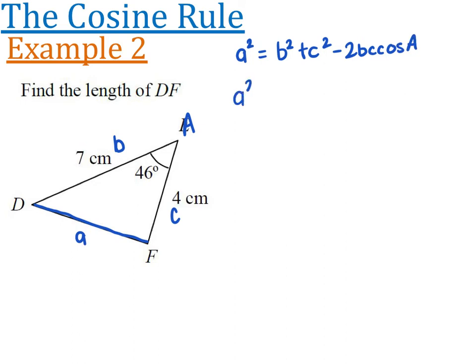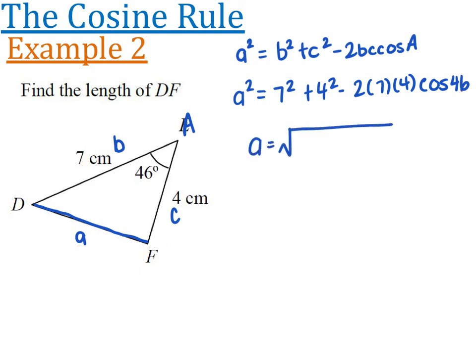So again, I'm looking to find a squared, so I'm looking for 7 squared plus 4 squared minus 2 times 7 times 4 times the cosine of 46. Now, if you're feeling particularly fancy, you can actually do a is equal to the square root of whatever answer you get when you chuck all of this into your calculator, but it just depends on how fancy you're feeling. I think I'm feeling fancy. The square root of 7 squared plus 4 squared minus 2 times 7 times 4 times the cosine of 46,